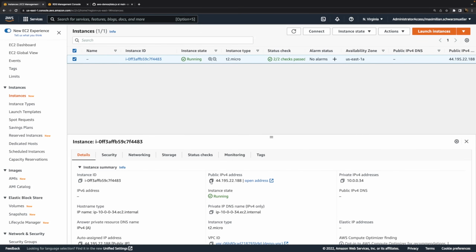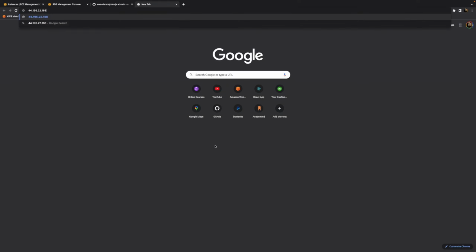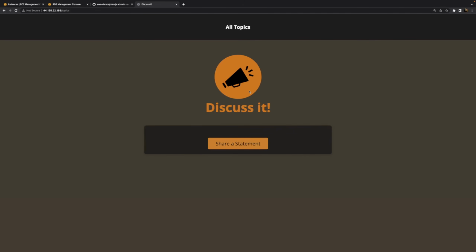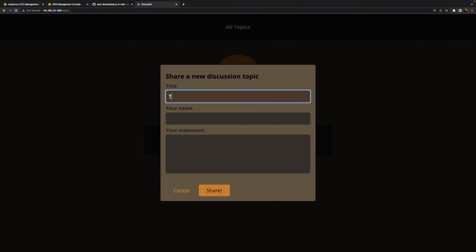Now here the EC2 instance is up and running, and therefore I can grab this public IP address. I have no domain name here because I haven't enabled the respective feature when I created my own VPC in a different video. But I can grab this public IP address and send a request to it. And we should see the website there, and we can share some message here.